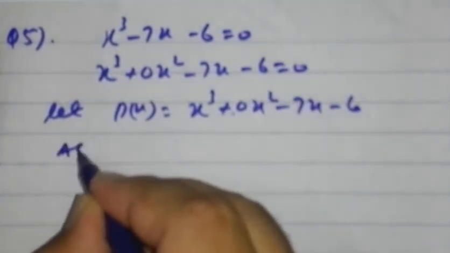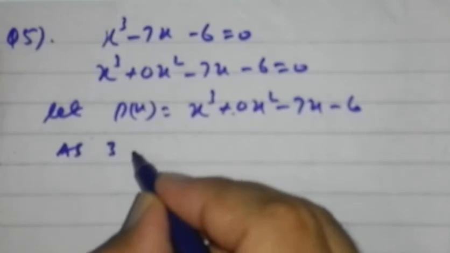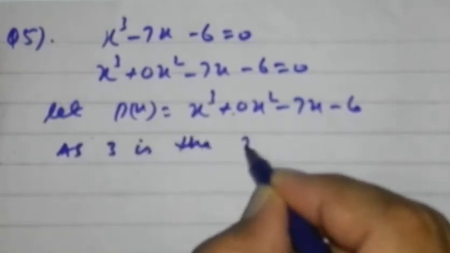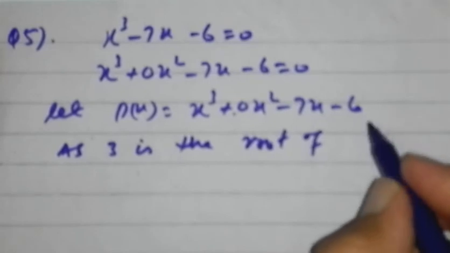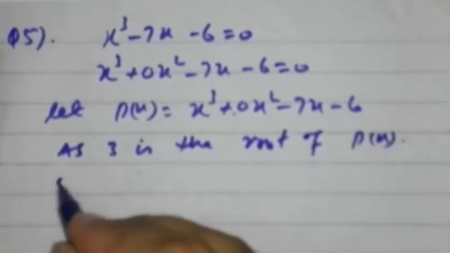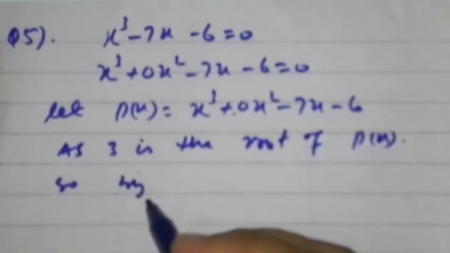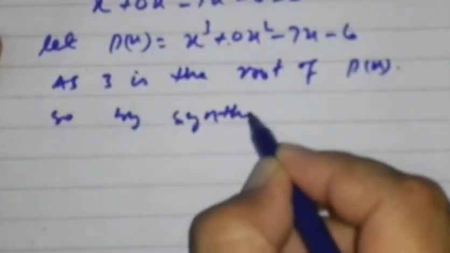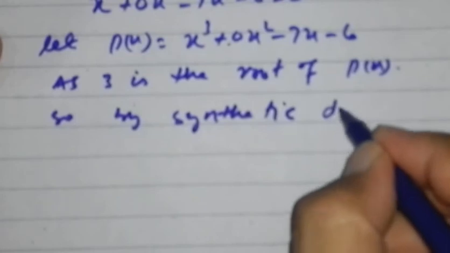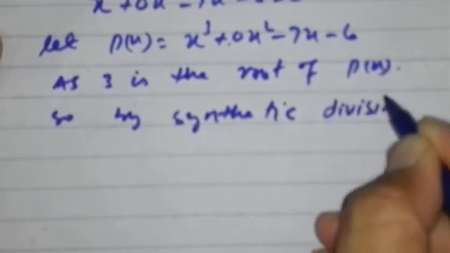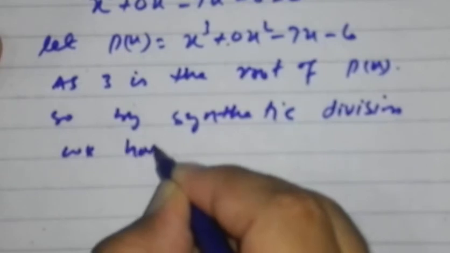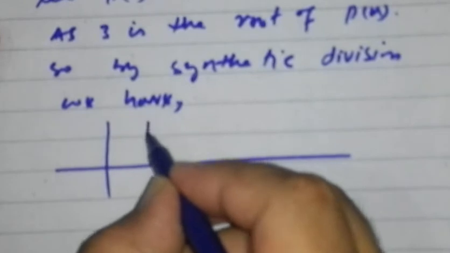Now as 3 is the root of p of x, so by synthetic division we have, draw two mutually perpendicular lines, write the coefficient of x cube which is 1, x square coefficient is 0, x